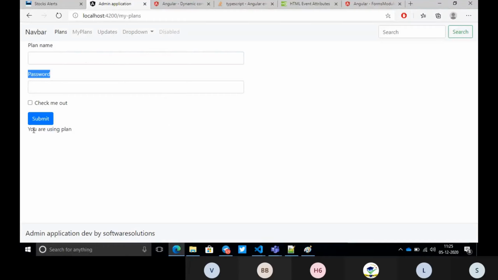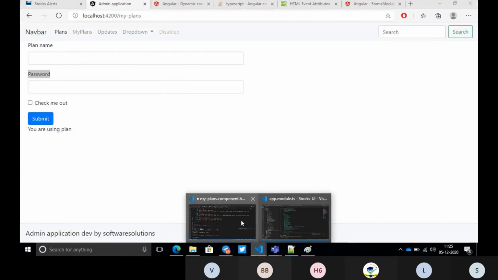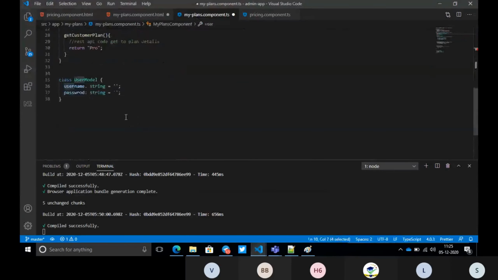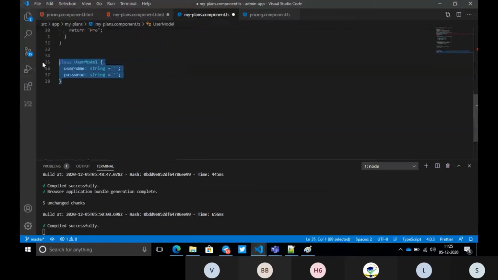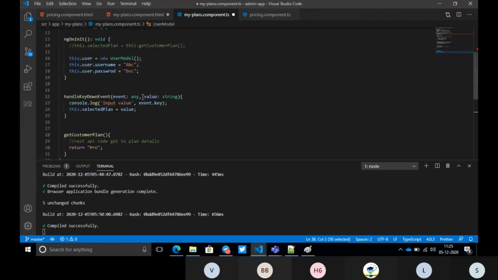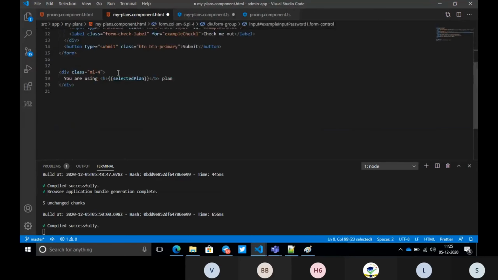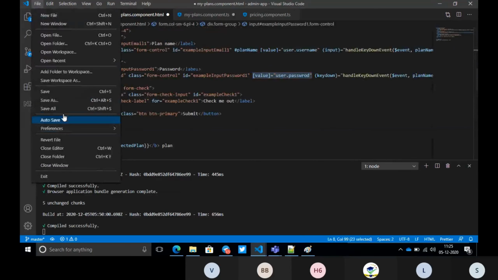What we want to do is combine all these fields into a class. That's why we have written a class, the user model. In the user model we have defined two variables, username and password. If you have 10 fields, we will define 10 fields inside the model only. Overall, how many classes do we have? Only one class with the 10 fields. That is a good approach. So now we have defined it, file, save all.